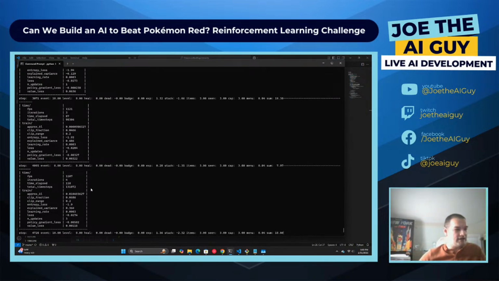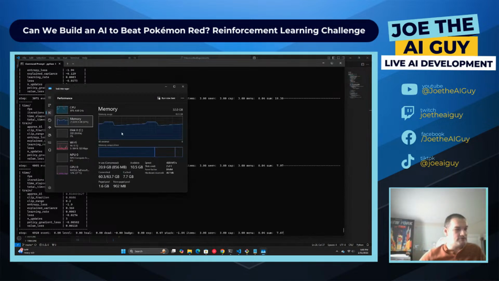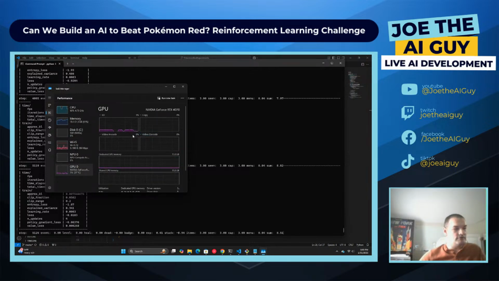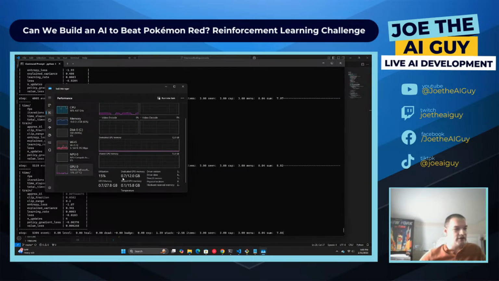I could probably add more agents to it, just given the RAM usage that I have here. You can see it kind of builds up and then it drops back down at the training stages. So we have plenty of wiggle room. We've not even maxed out the CPU, and then working to go through and actually set it up to use the GPU. We have a 4070 here. I have not,